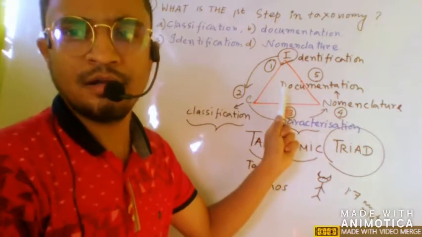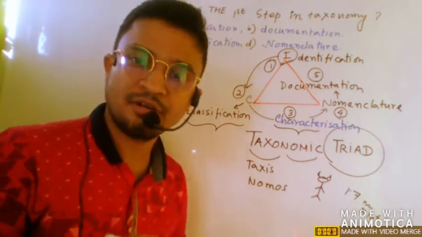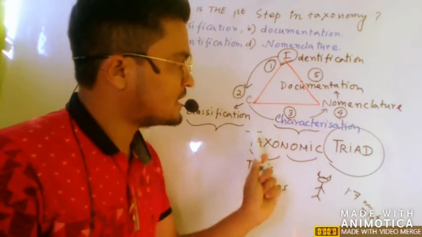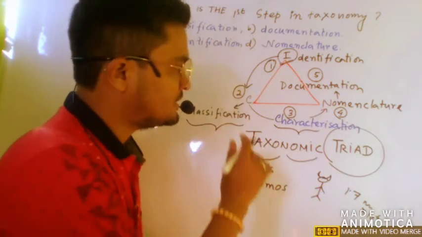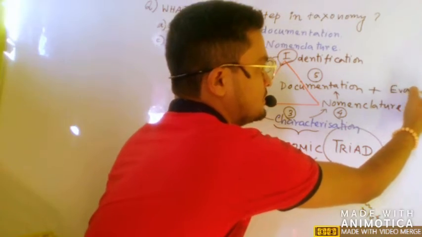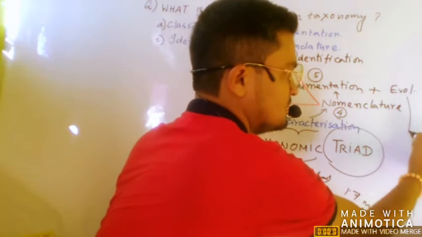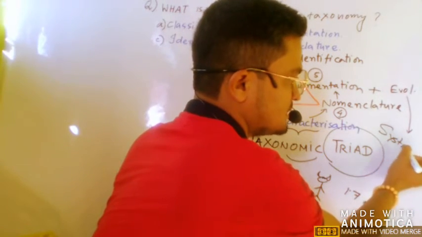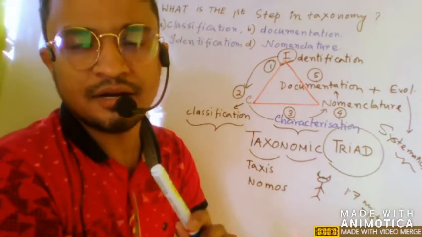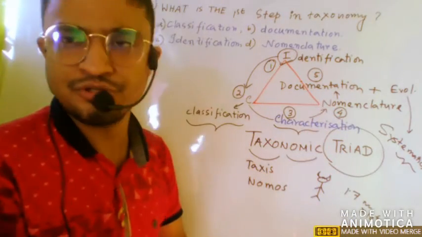If you document it in the scientific way, the proper way with the binomial nomenclature, it will be very easy for the coming generations and scientists who discover a new creature. So this is the way, and this triad concept is known as the taxonomic triad. Now when you add evolutionary connectedness, or add taxonomy with evolution, you will get a new concept called systematics. Systematics is the study and practice of interrelatedness of creatures. So along with these, you have to add the evolutionary connection.